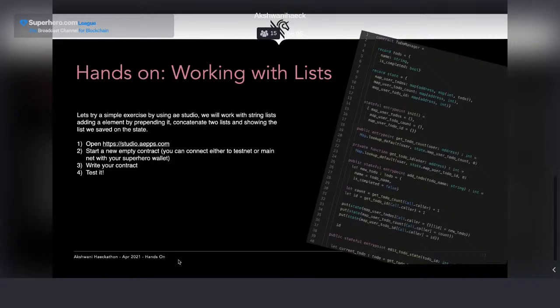So the idea for this workshop is, again, using the studio, try to work with lists, simple lists, just with strings, and adding elements by prepending the element. A list works in a way that you can add elements on the beginning of the list, but you can also easily concatenate lists. So the idea is just that.